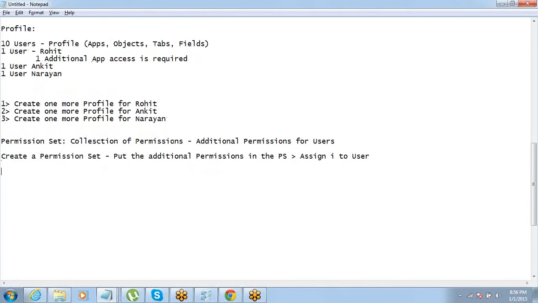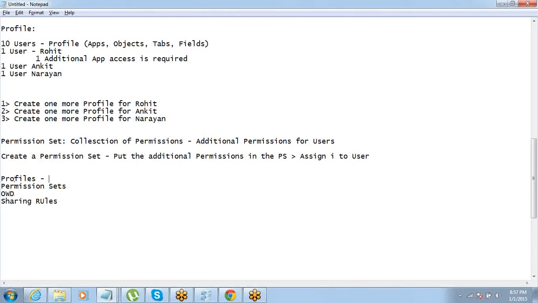So now we have four things here. We have profiles, we have permission sets, we have OWD, and we have sharing rules.